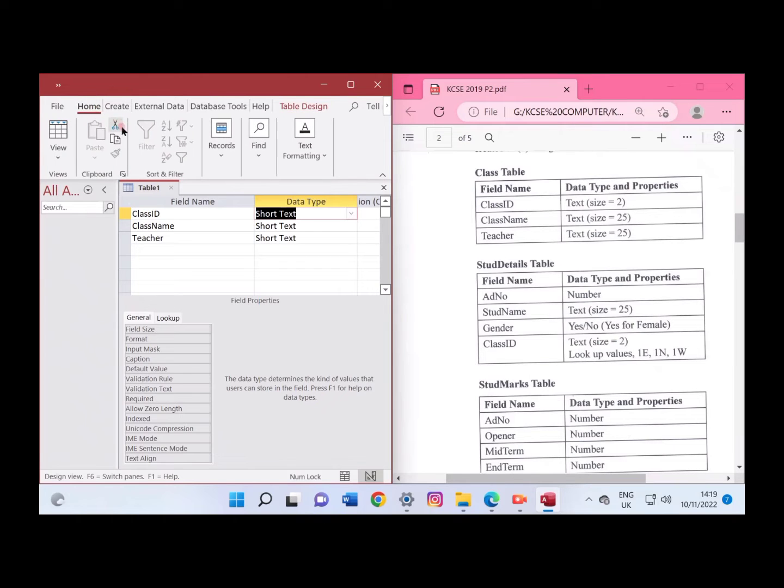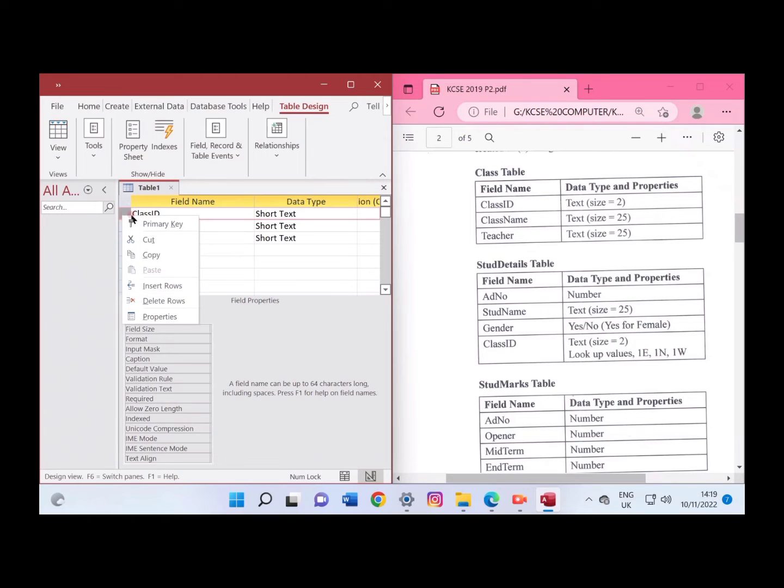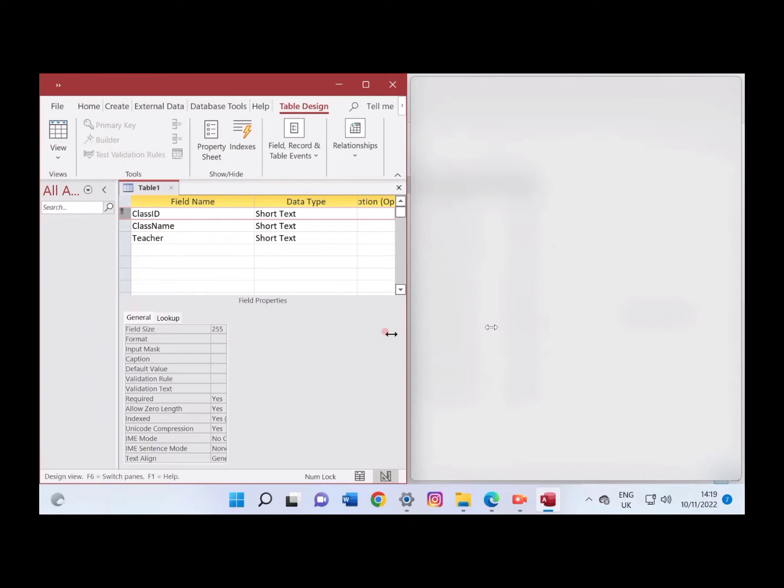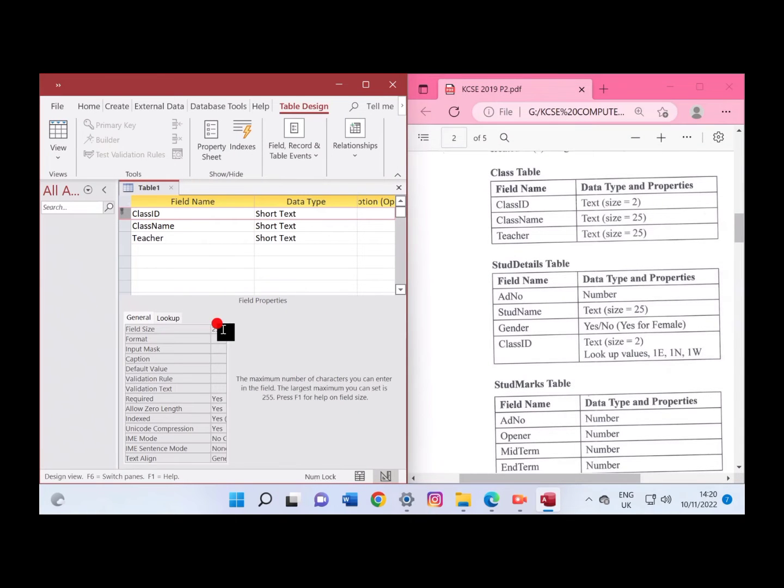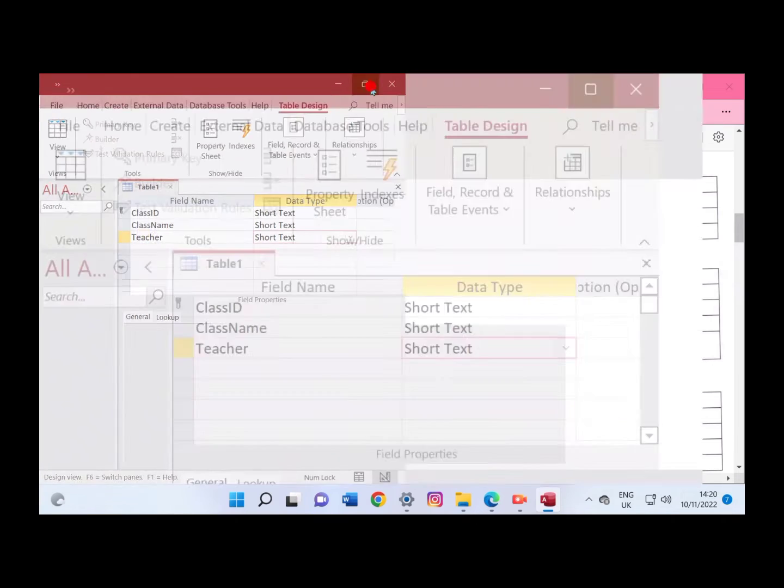Required: to set the class ID as a short text data type, and it is a primary key, that is, it identifies class table uniquely. And now set it as short text and allow only 2 characters to be fed in that field only. Therefore, in field size I'm going to delete the 255 and type 2. In class name, only 25 characters allowed, and even in teacher 25 characters. Once I'm done with that, I save with the name class table,